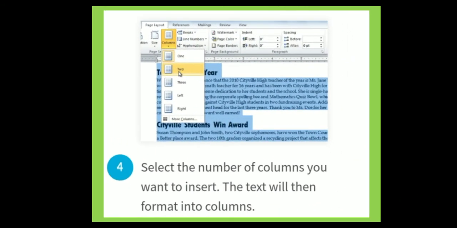Here is the Page Layout tab, and you click the Columns option. Then there is a drop-down: one, two, three, left, right. Select the number of columns you want to insert. According to your need, you can select 2 or 3 columns. The text will then be formatted into columns. Then your text is converted into 2 or 3 columns, just like a newspaper.